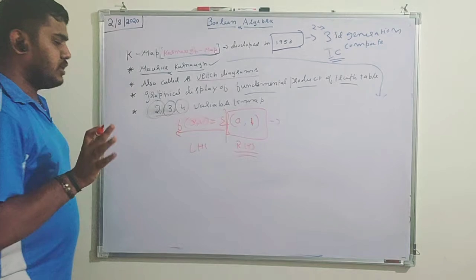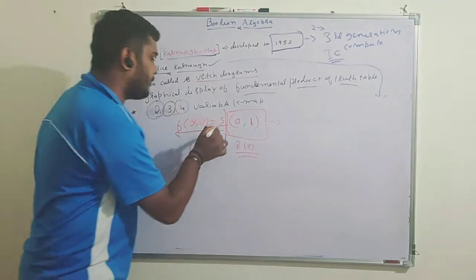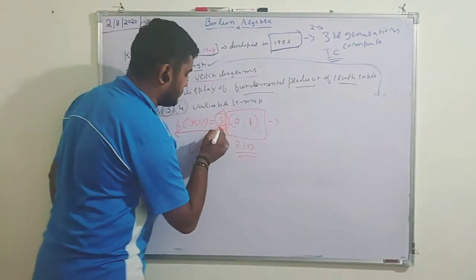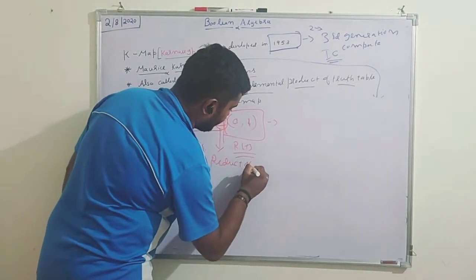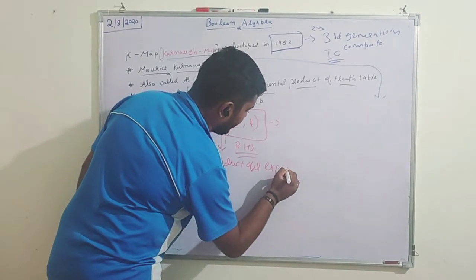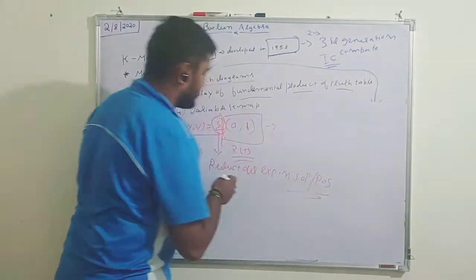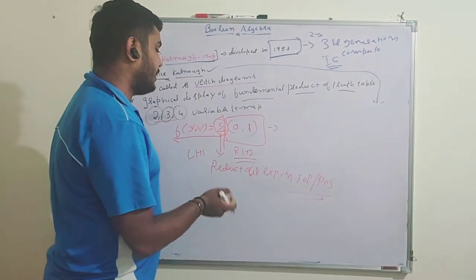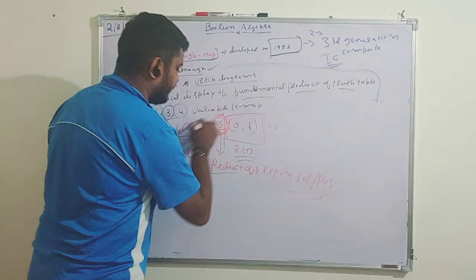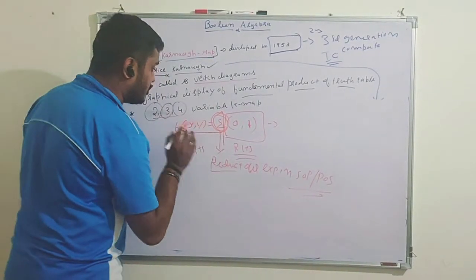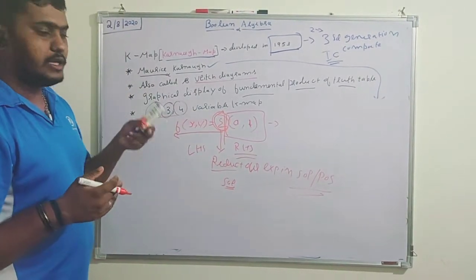Let me take it like this. Whenever you get a sum like this, the first thing is to check this symbol. This symbol represents whether we need to reduce our expression in SOP or POS. This states whether I should convert my term in SOP or POS. First you should check for this. This sigma says I should convert my term in SOP format. Clear? I should convert my term in SOP format.